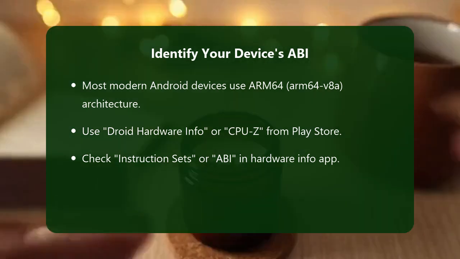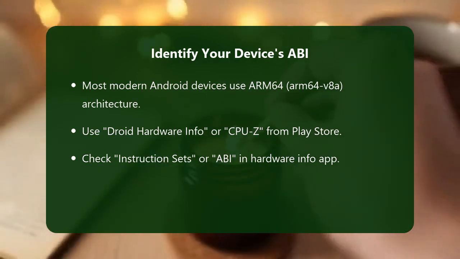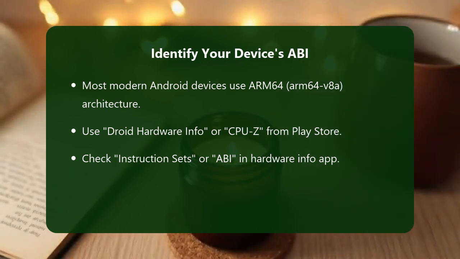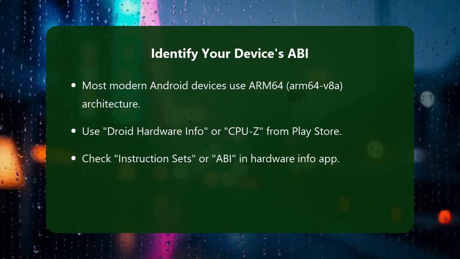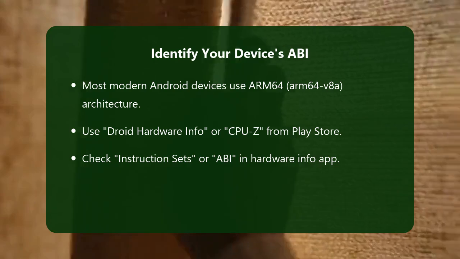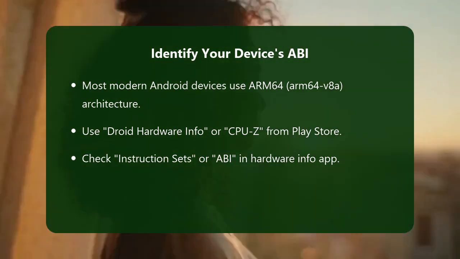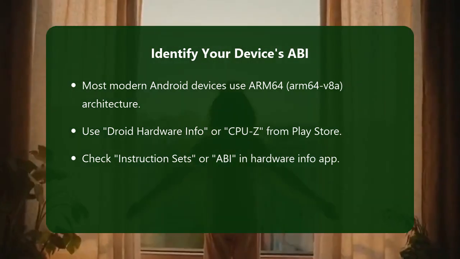So, how do we fix this? The primary solution revolves around ensuring you have the correct version of the APK that matches your device's processor architecture. First, you need to identify your device's CPU architecture. Most modern Android devices use ARM64, ARM64v8A. Older devices might use ARMv7, ABIv7A, and some specific devices or emulators might use x86 or